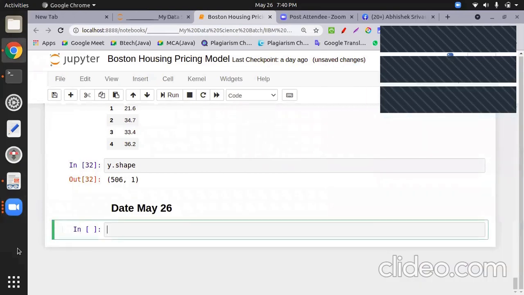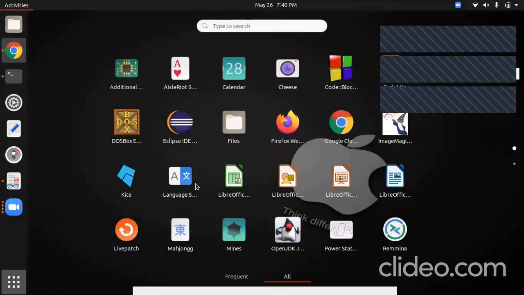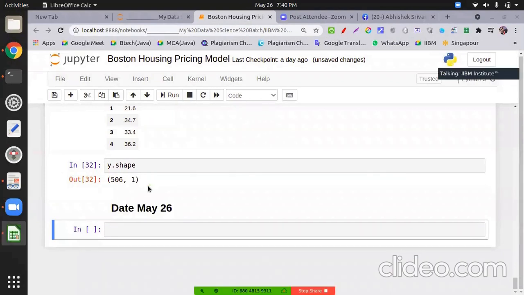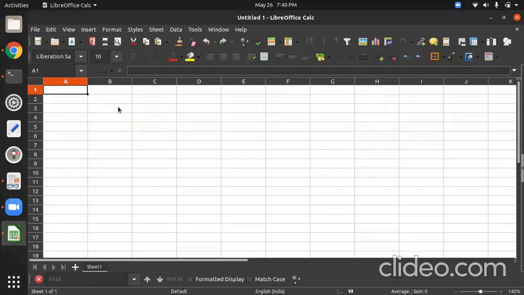Okay, so one more concept I have. Again, I am opening the Excel sheet, because as I showed you yesterday, the partition between X and Y. So I have to show you some more things.